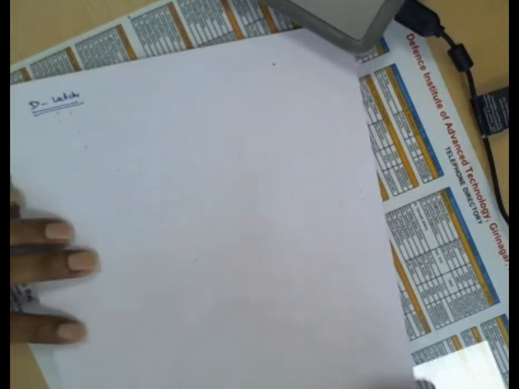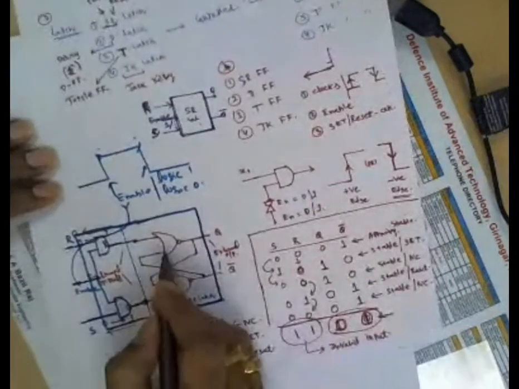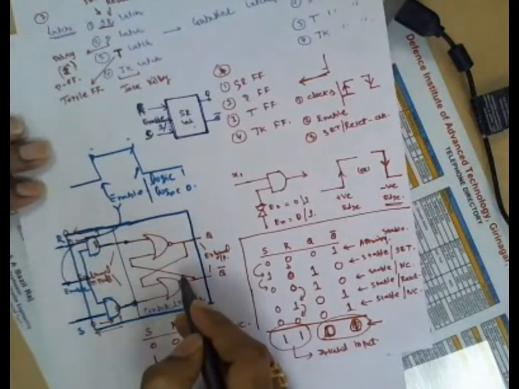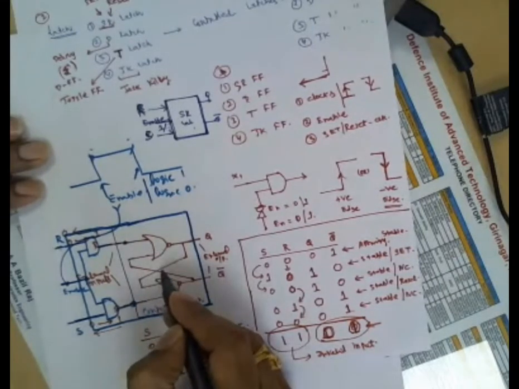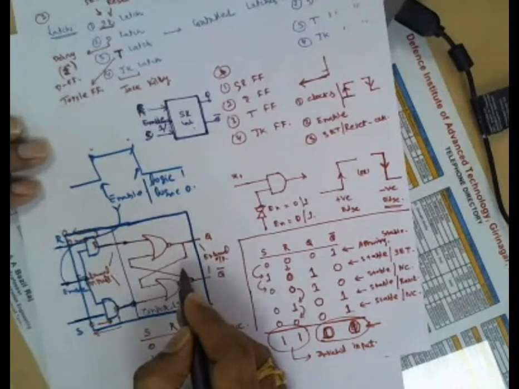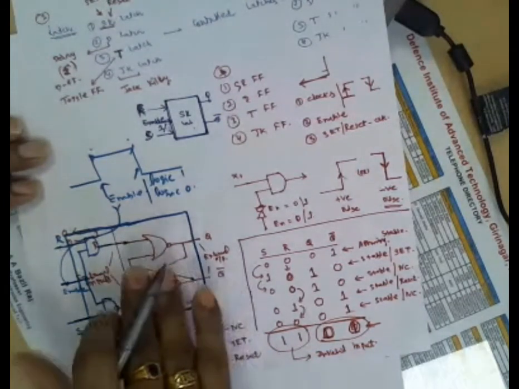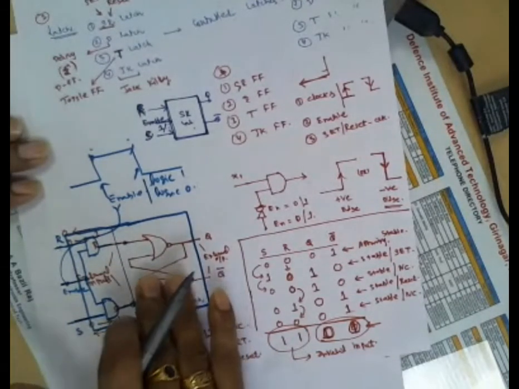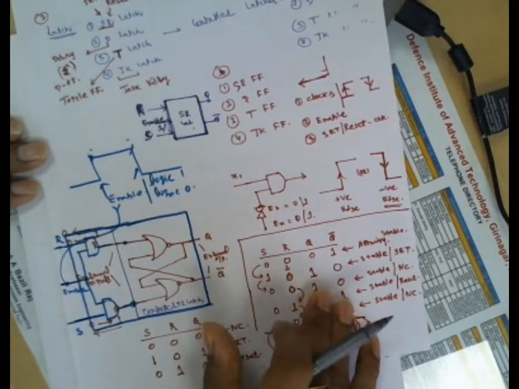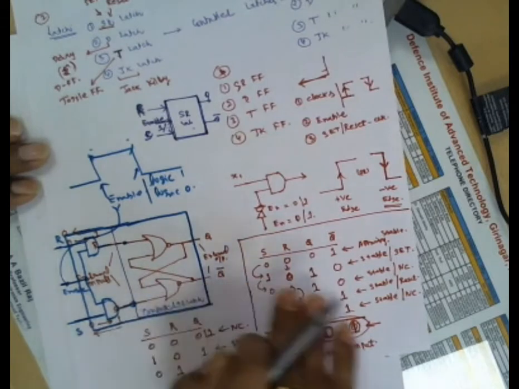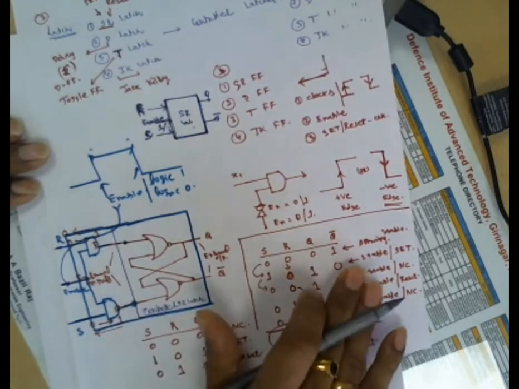One thing you should understand, all of you: this is not the only circuit for an SR latch. An SR latch can be constructed with many other components. Instead of a NOR gate, you can use a NAND gate. So there are many configurations to make SR latches. This is not the only circuit, but all the circuits should perform this operation. Then it is called an SR latch. Characteristically, the circuit should be similar to this table. Then only is it called an SR latch.